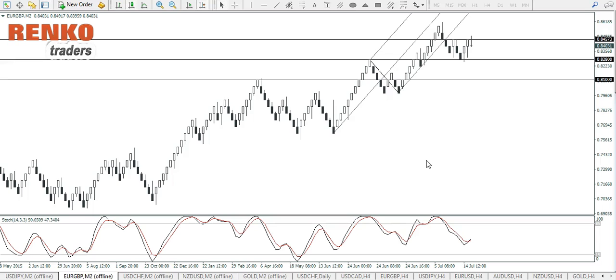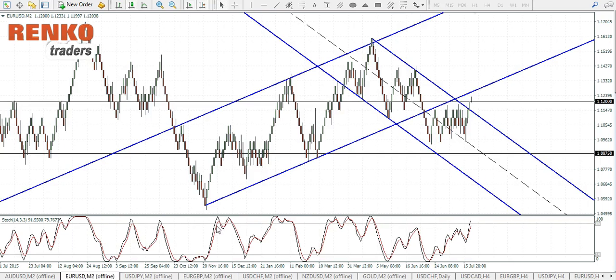The Euro USD, basically nothing much has been happening. Price action has been fairly flat. You can see that after the breakout from the previous rising price channel, you had a strong consolidation near 1.114 and 1.095, and you had a breakout from this range just yesterday. What we're looking for is a reversal here, and probably you could expect a bit of a decline to the downside towards